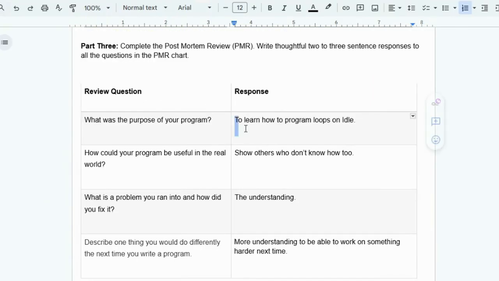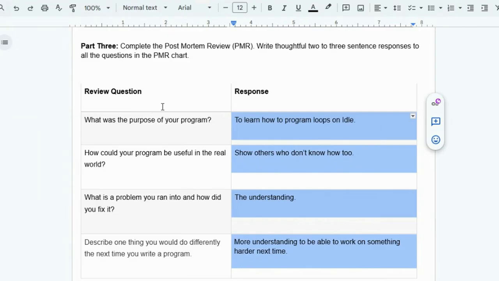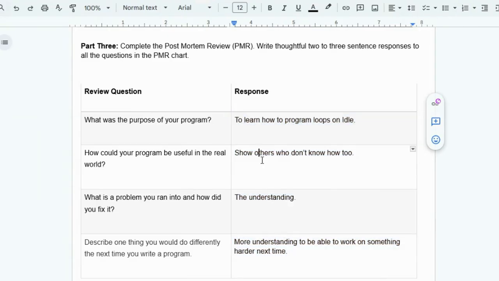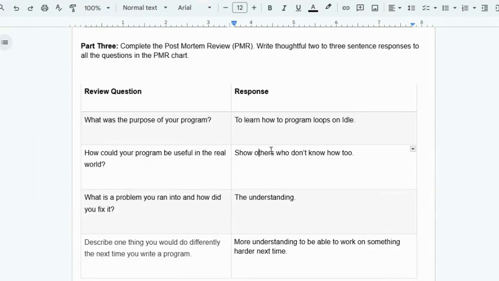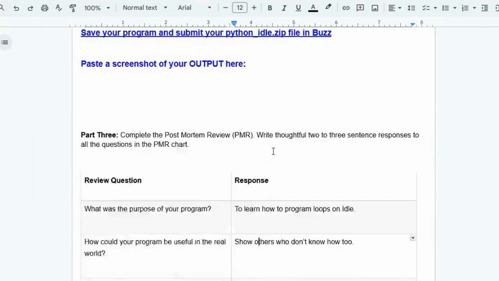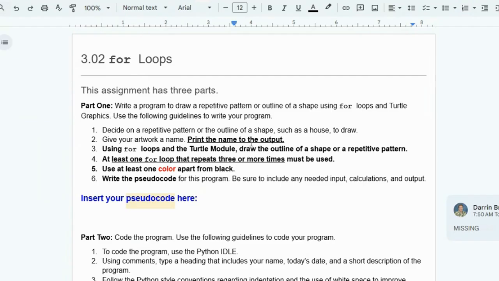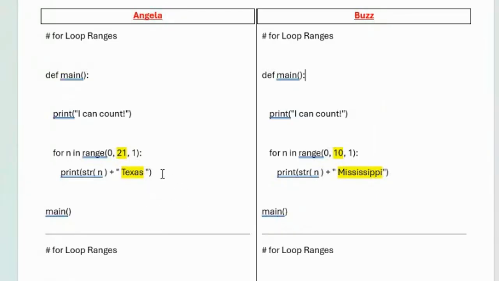Now, you did actually answer some questions this time, so I can give you 20 points there. Learn how to program loops on idle. That is kind of the purpose of the program. But I went back because I'm like, okay, how much programming did you actually do? How much can I actually give you credit for? How much code did you write? So I looked at this program and I went back and said, okay, I'm going to look at what you turned in and what was in the lesson that you obviously copied 6 programs from the lesson.